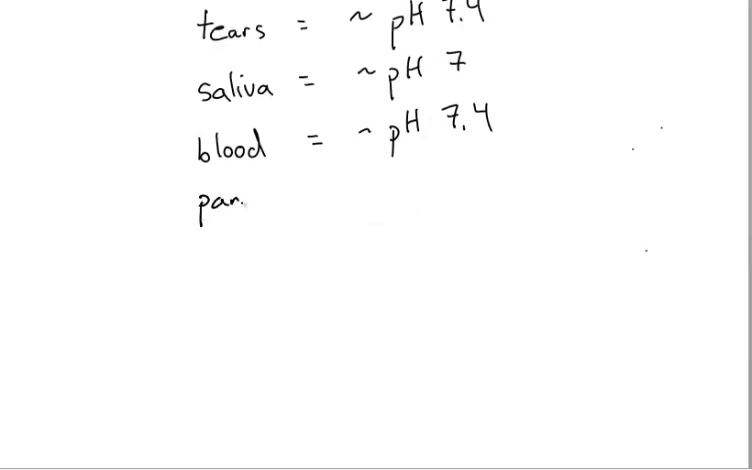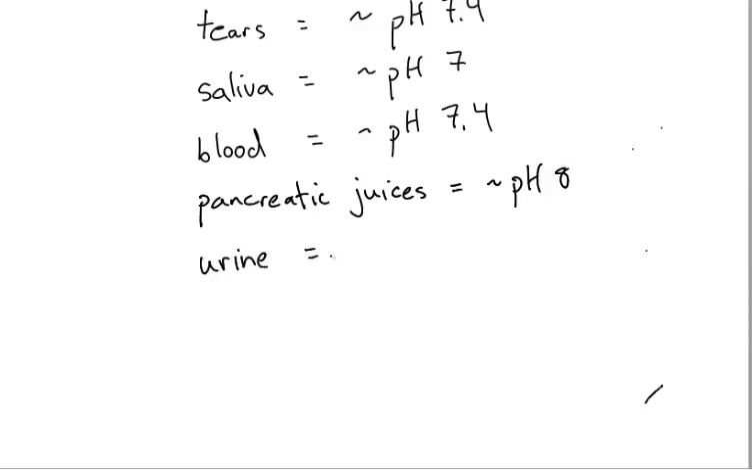Our pancreatic juices, in contrast, are used to neutralize our stomach juices as they reach our small intestine, which means if they're going to neutralize an acid, they must be slightly basic, and they have a pH of approximately 8. And finally, our urine typically has a pH of approximately 6.8,